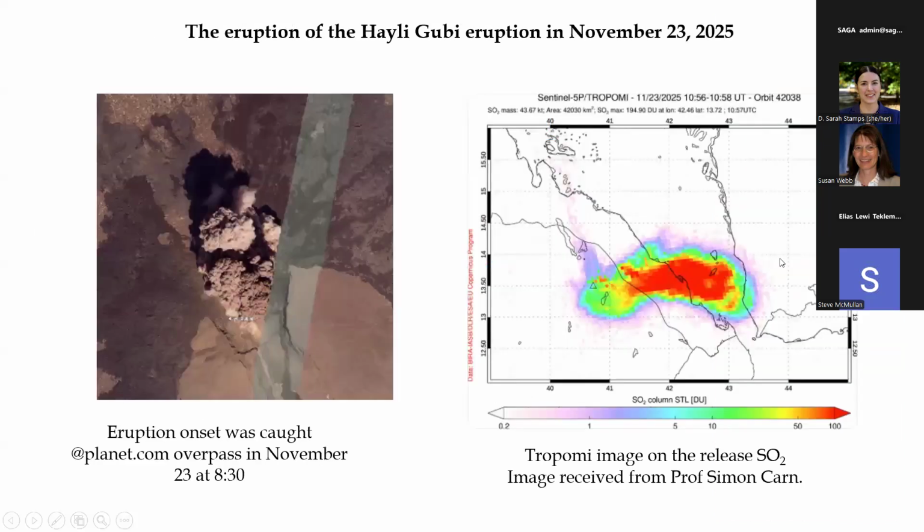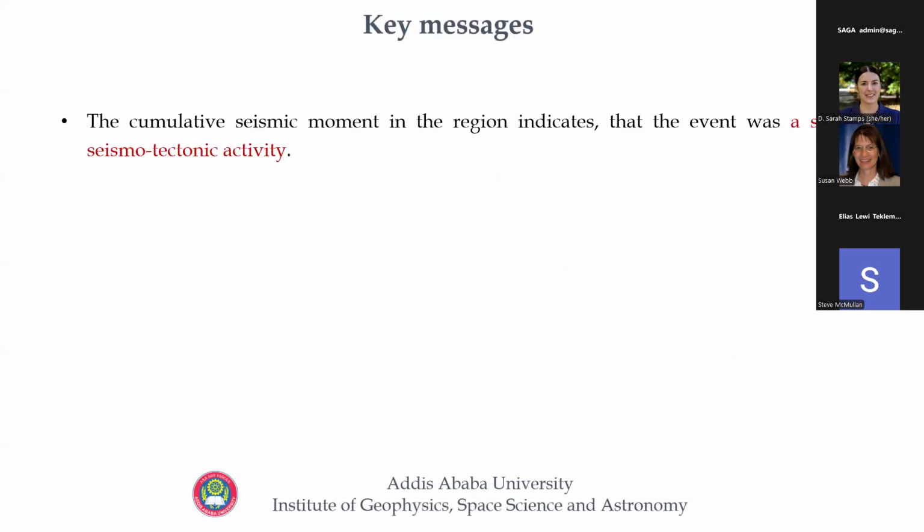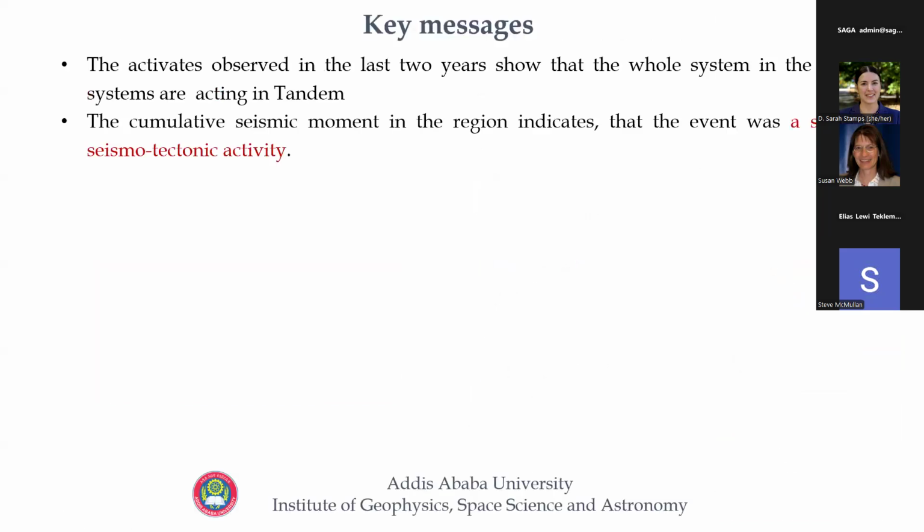This is because, as you can see, the ash which was thrown from this volcano was moving in the east direction, and it was covering a large area, and airlines like Emirates and so on were stopping flights for some time. So in general, the activities observed in the last 2-3 years were really strong, and they were recorded in